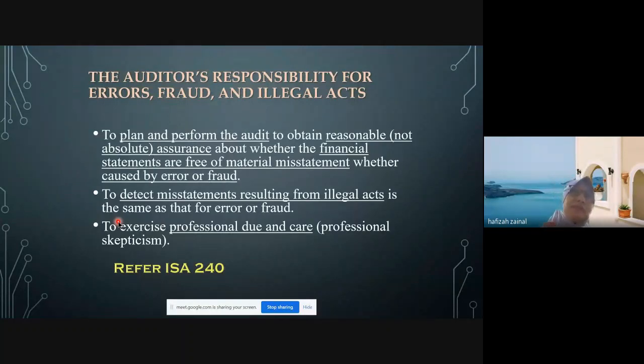So auditors must really know what you can do and what you cannot do, especially when you are still new. In the first 6 months, you are still new, you just follow your senior, so you're not really sure. That's why in the audit world, when you have just joined,